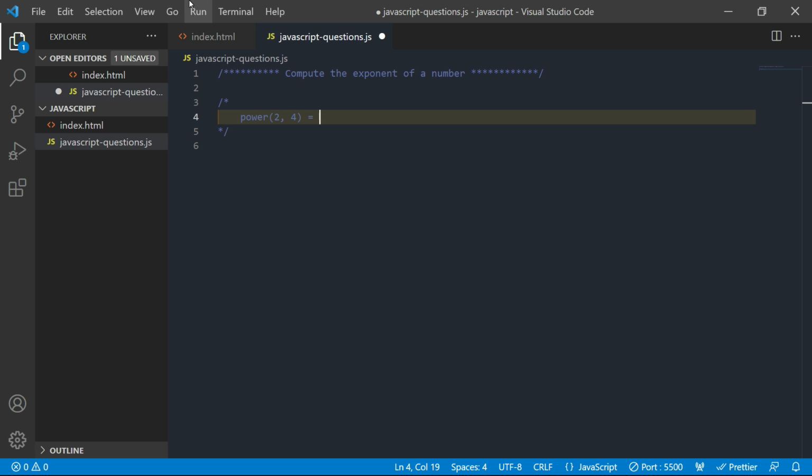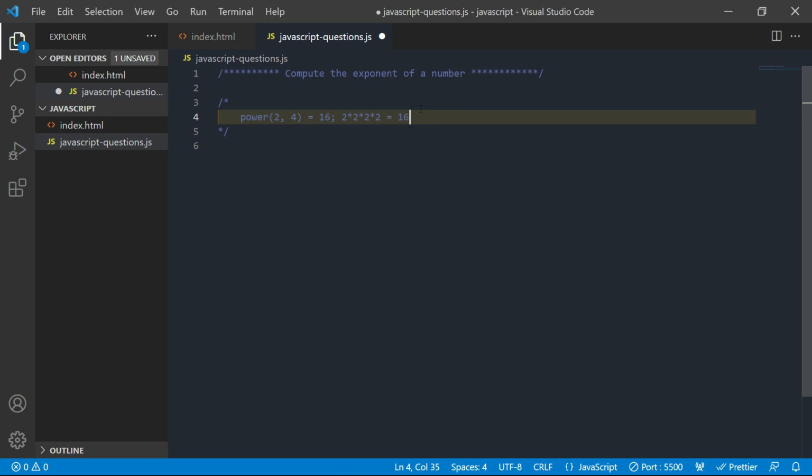So this should return the answer 16, which means 2 into 2 into 2 into 2. So this should result in 16, right? So this is how the question is asked.